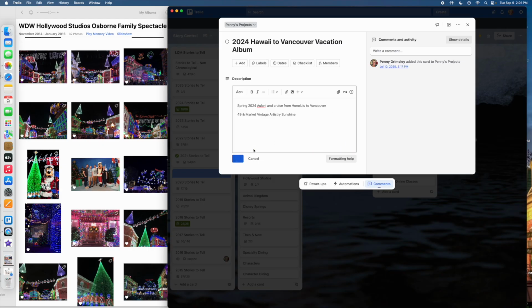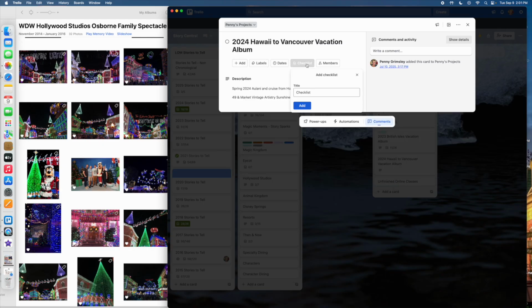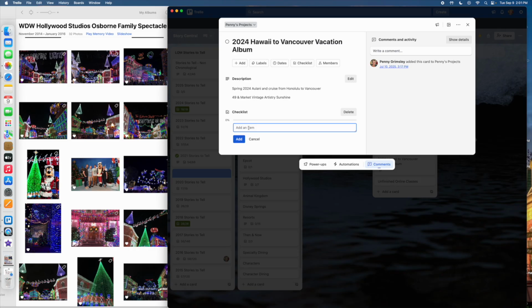And so I can do that. Now, for me, they're always a checklist. You can add labels and all that, but I'm not really into that. Okay, so then we would start out with